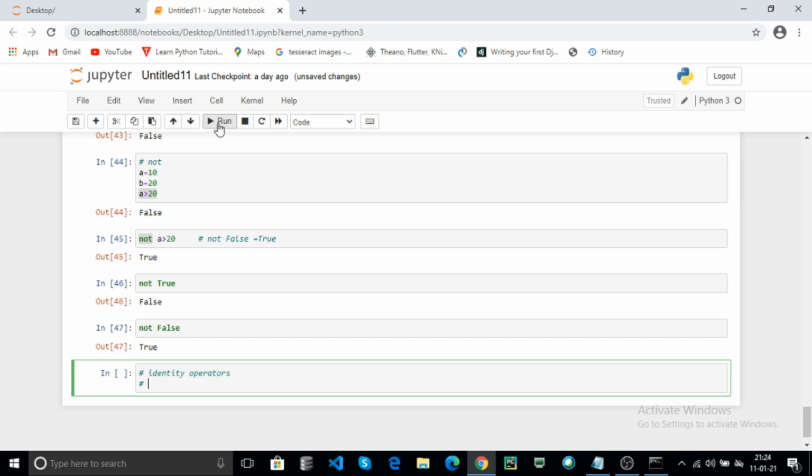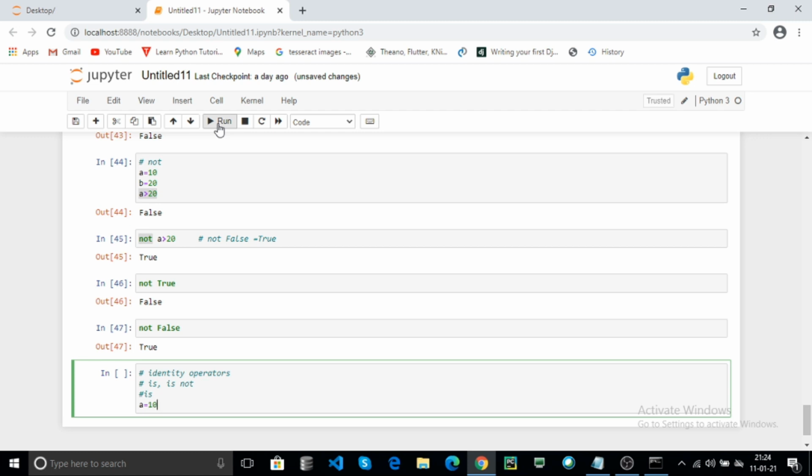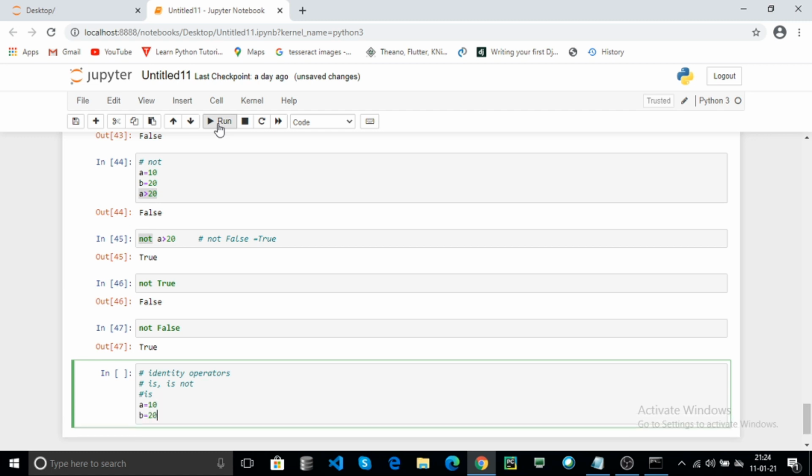Now what are the identity operators? The is operator is used to check whether all the variables are the same object. For example, A equal to 10, B equal to 20.